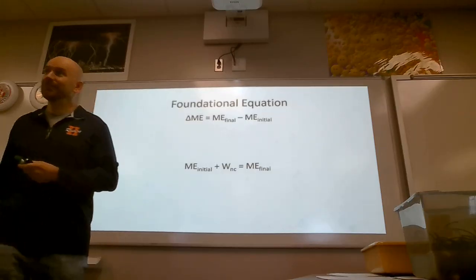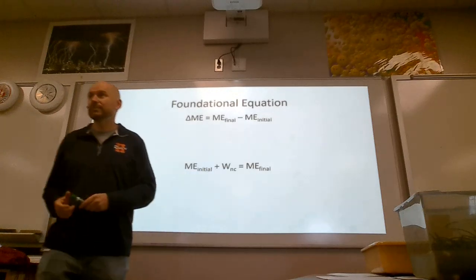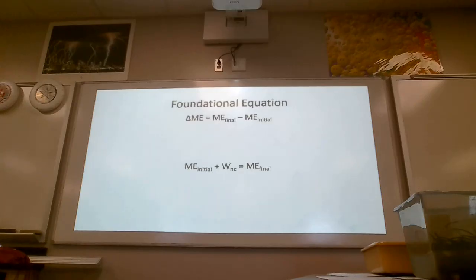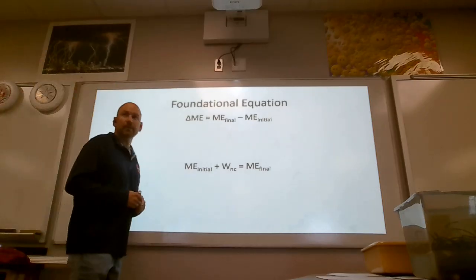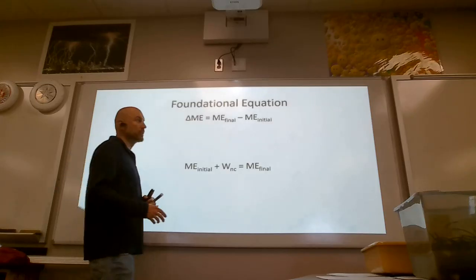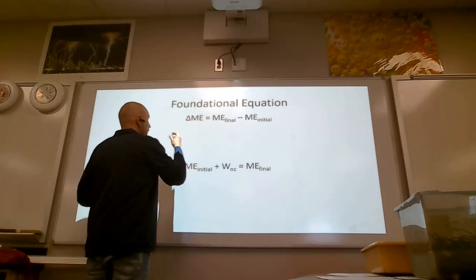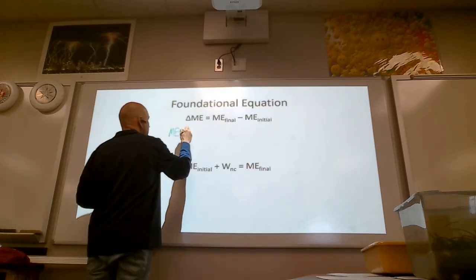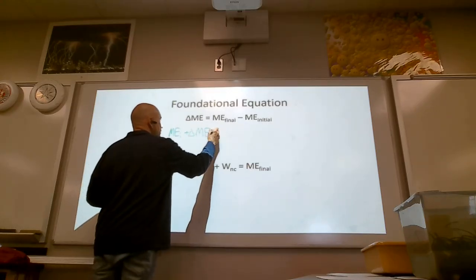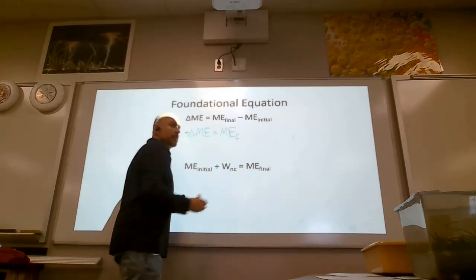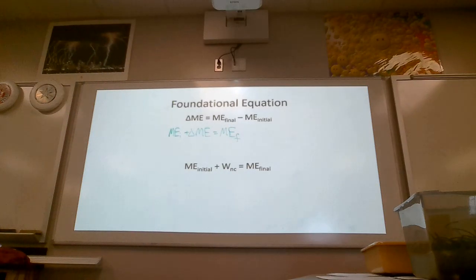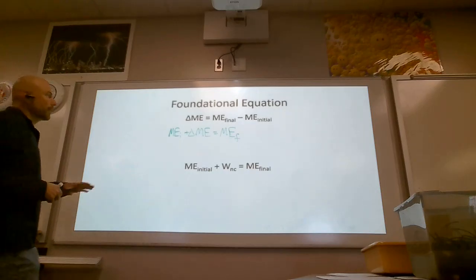So, change in anything is final minus initial. Okay? I have found that people don't do well when equations have negative signs in them. It's just a source of error. So, what I try to do is, if I can, alleviate negative signs, subtraction. So I'm going to bring this over here. So I have initial mechanical energy plus the change in mechanical energy is equal to the final mechanical energy. All right, with that,